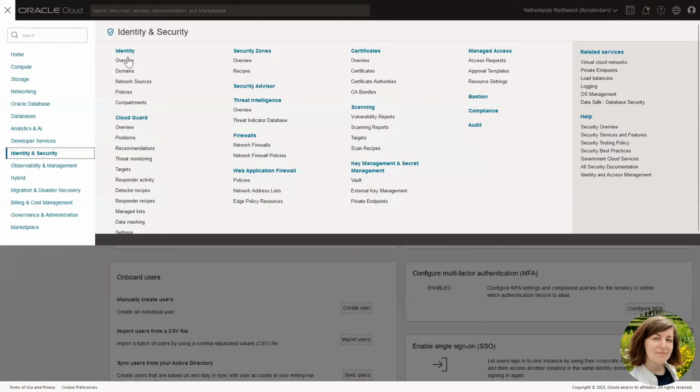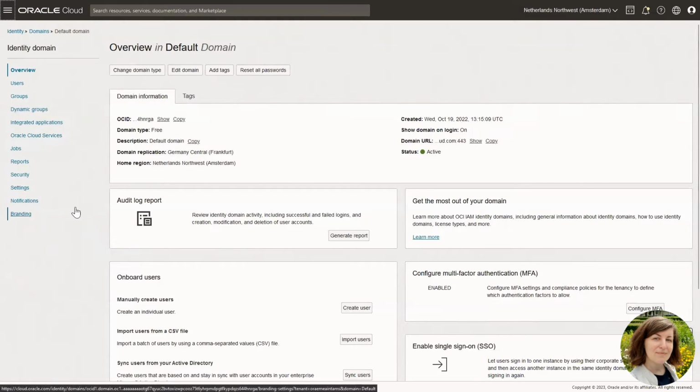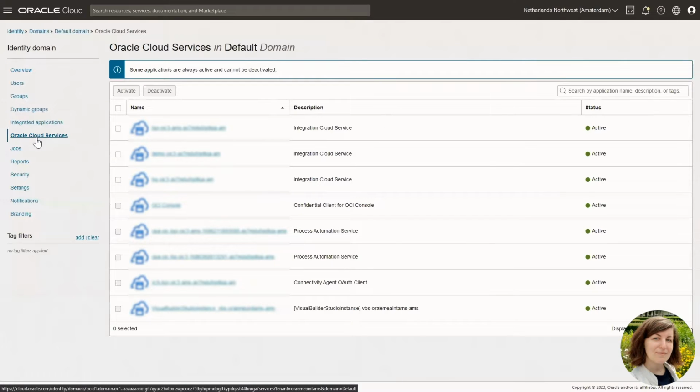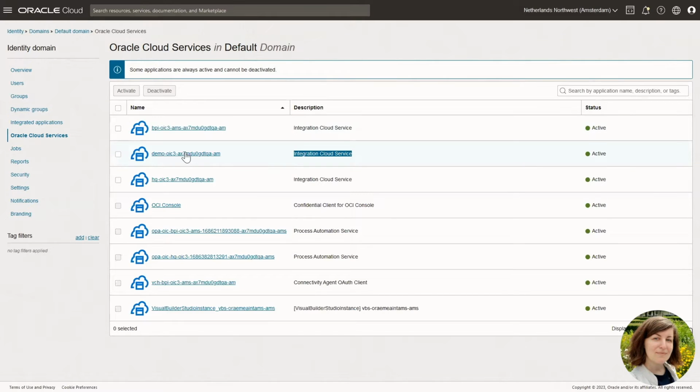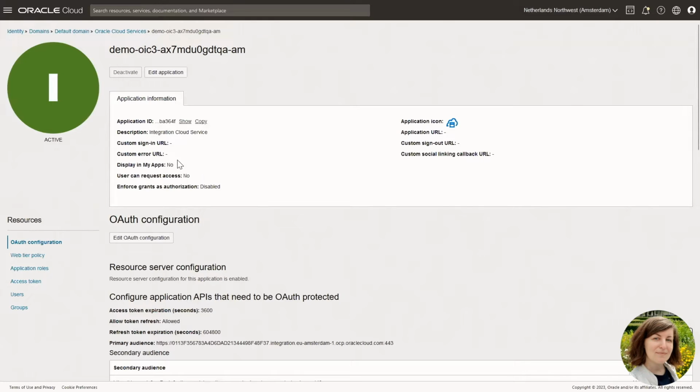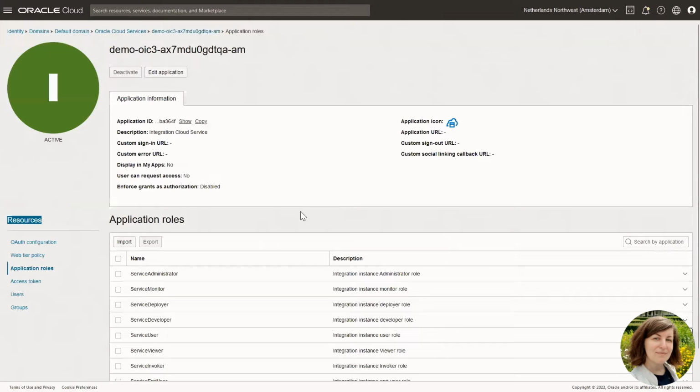Under identity and security, identity domains, choose the domain that you used for provisioning OIC. Then, under Oracle Cloud Services, you will find an application for your newly provisioned OIC instance. Here, under Resources, Application Roles, you will find the OIC application roles.